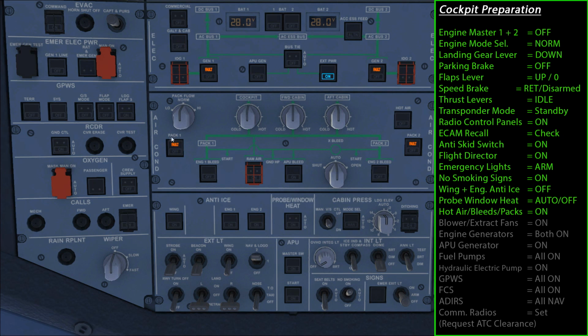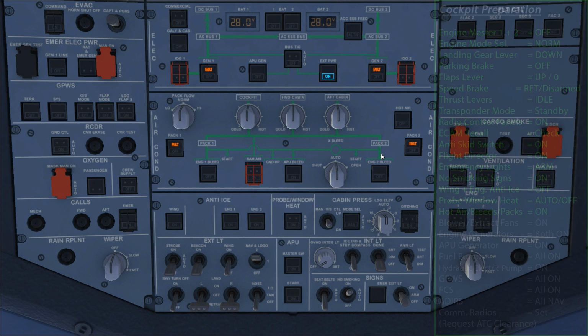Now you'll notice that we get fault indications on pack 1 and 2. That is completely normal at this stage of the flight. That's because the engines are not running, so the packs are not functioning properly at the moment, which, as I said, is completely to be expected at this point. After that, the checklist or the procedure asks us to check the blower and extraction fans. Unfortunately, these are a couple of the buttons that you cannot click on,